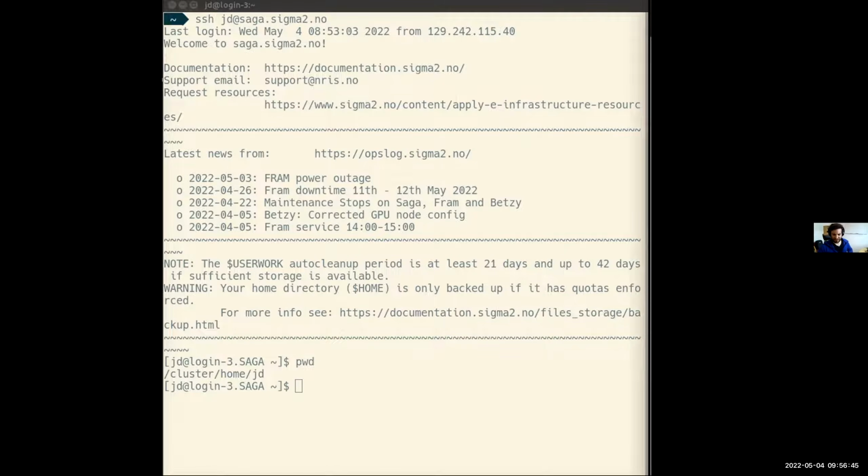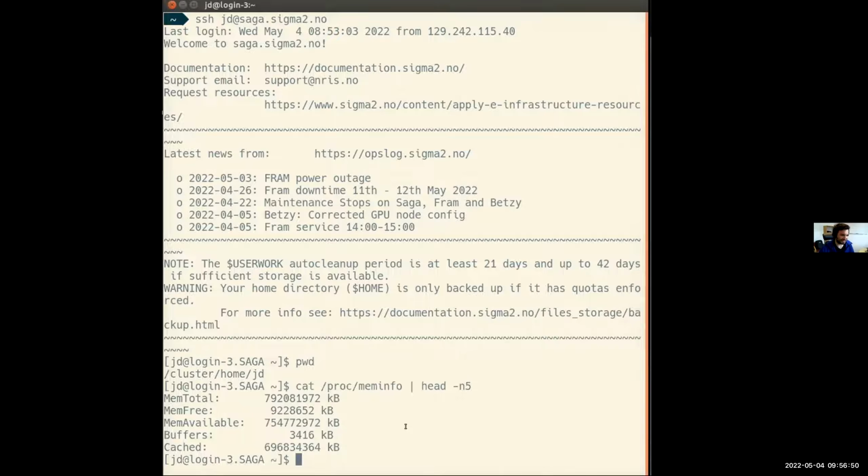I'm not sure if you've ever tried to see how much memory there is. This was too fast. But there is a file called /proc/meminfo, and we can just display the file with cat and then look at the first few lines, 5 lines in this case, and then we see there is a lot of memory on this node. This is just this one node, and I'm not good with seeing things. So this is megabytes. No, actually, Bjørn, can you count how much memory that is?